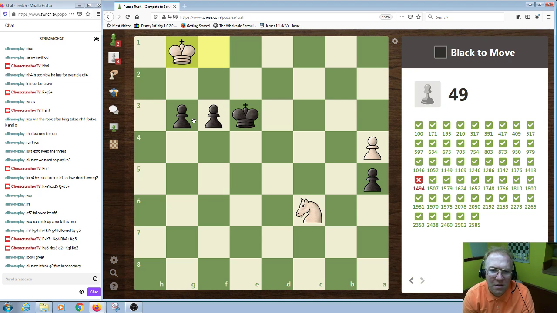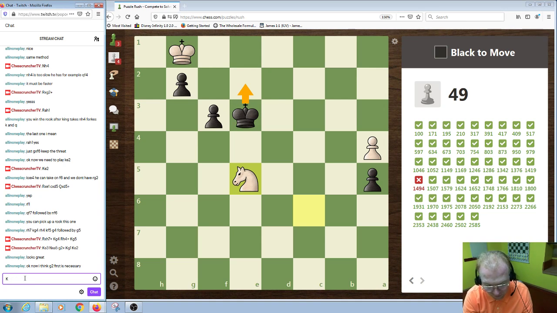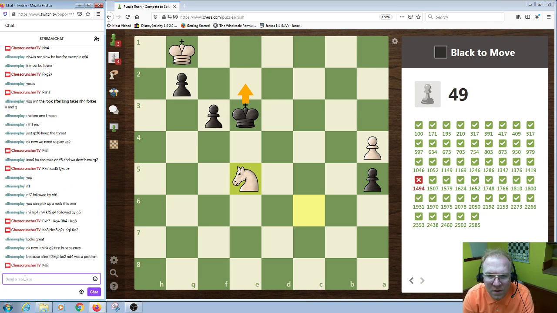Yeah, I'm thinking, had to make sure g2. Oh, that's okay. That's the move. Now f2, king takes g2. Well, actually, king e2 now. King e2 now, and yeah, king e2,